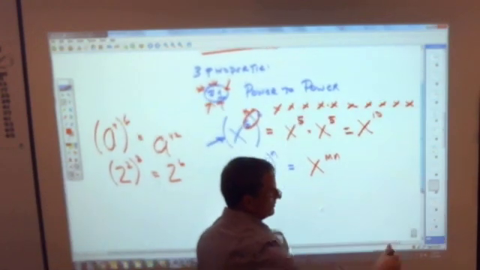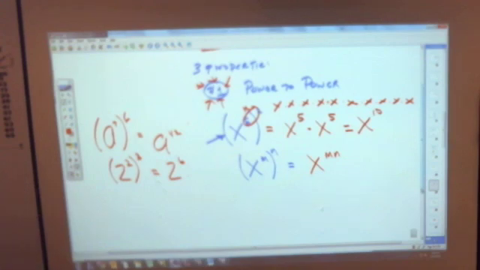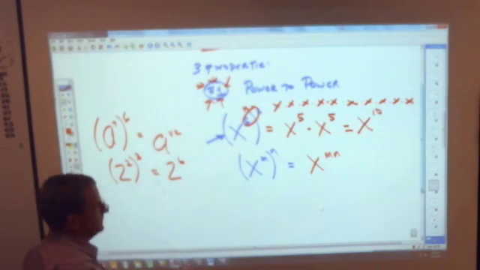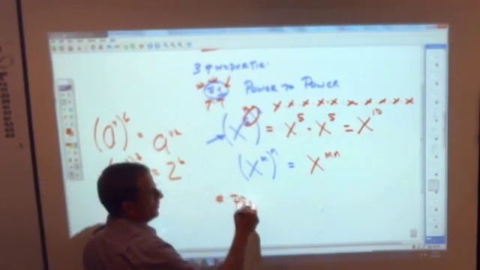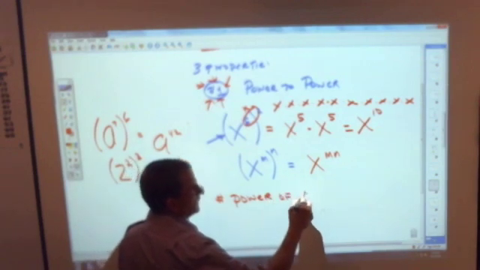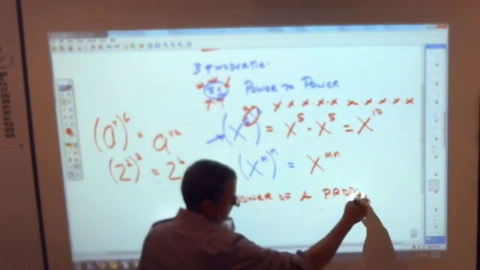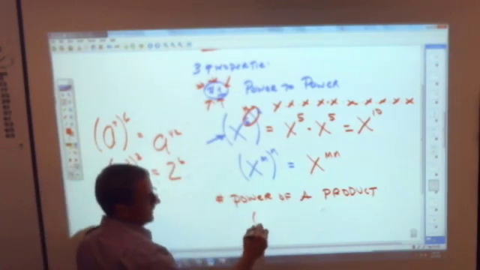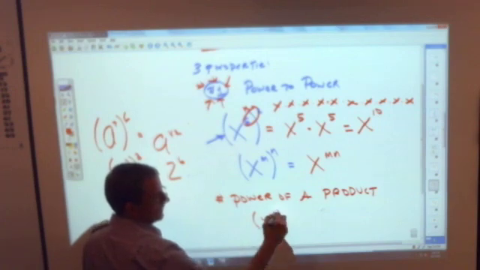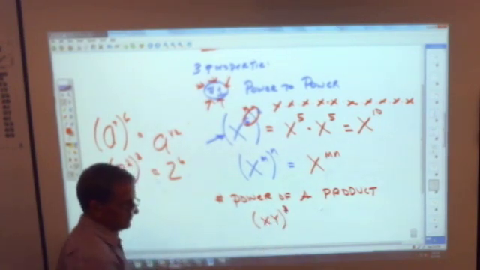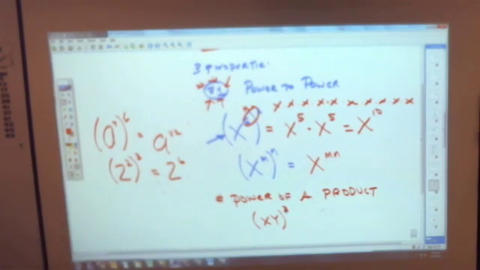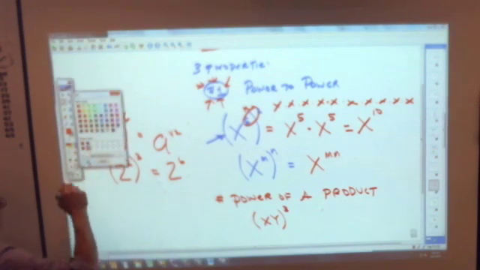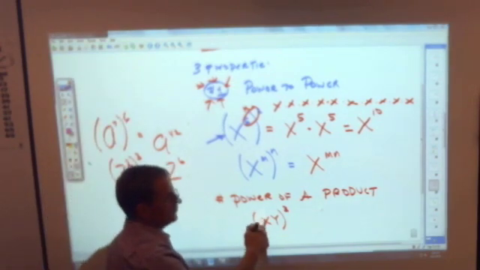The second one is the power of a product property. Wow, how about that? Number 2, the power of a product, which means this. What if, in parentheses, I had x times y, and that was all to the 3rd power? I'll just tell you this because I can't really bear to have you guessing wildly. When you have a power to a product,